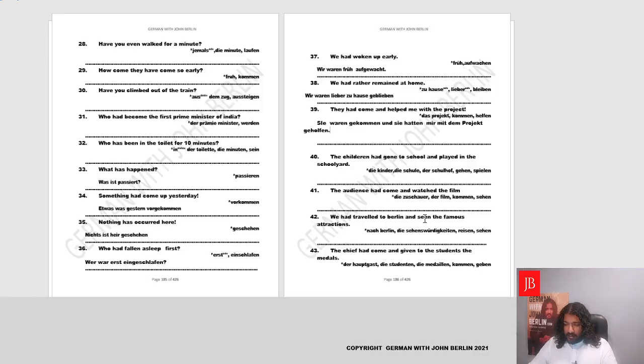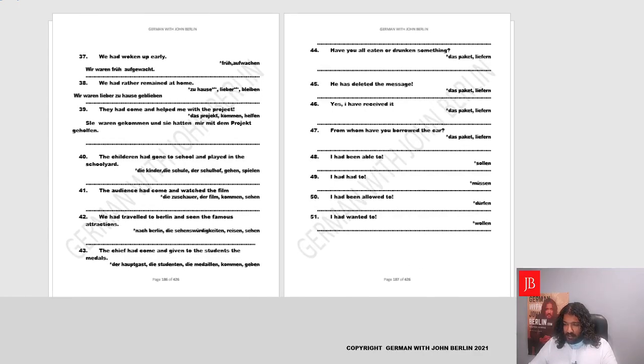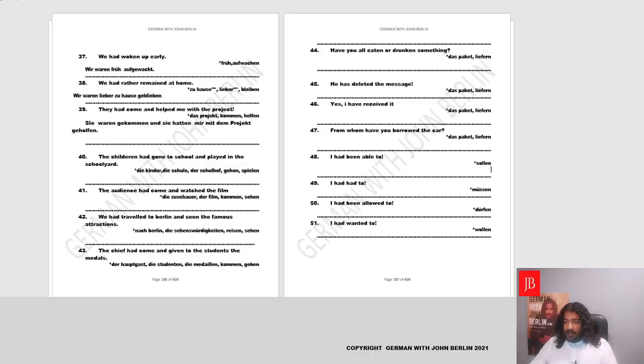So accordingly, there are a few more to practice. You could do them by yourself. And let me see if I would like to do some other sentences with you here. So yes, of course, I would like to do a few. So these are the last few sentences written right here. So let's see how to use them. Now, these are the sentences we learned when we did the sentences with haben, the modal verbs.